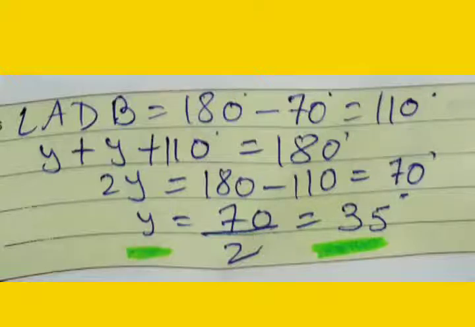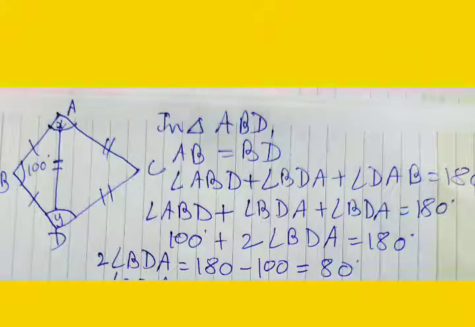So again you take a triangle ABD. In this, 2Y plus 110 is equal to 180, and so 2Y is equal to 180 minus 110 equal to 70 degree, and so Y is equal to 70 by 2 equal to 35 degree. Clear? Okay. Now next, subpart 2. In subpart 2, first we name a triangle as I have done here. Clear? A, B, D and C.